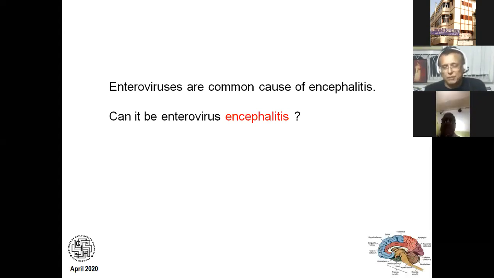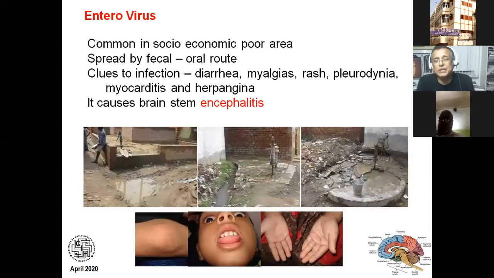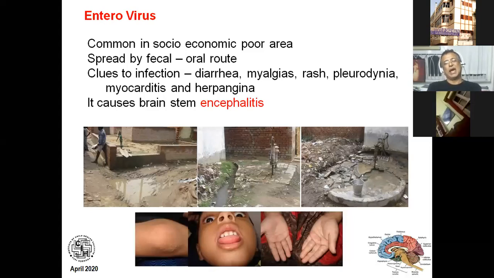One is hand, foot, and mouth disease. Another is herpangina. Here you can see the hand, foot, and mouth disease. And the very important thing is enterovirus spreads by fecal-oral route. So where the drinking water and the sewage are side by side, there you get enterovirus infection. And there lies the importance of taking the history about what type of water the child consumes and what type of sewage drainage the child has.